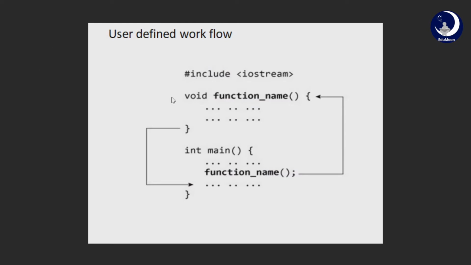User-defined workflow. So now basically here, this void defines that the return type is of void type, and then we have the function name, followed by a pair of parentheses, and then an opening curly brace and a closing curly brace. So the starting point of the program execution is the main function. We'll be writing all the statements required. And whenever we want to run these particular statements or lines of code, what we'll be doing is directly calling the function name, followed by brackets, and then a semicolon. So at this time, the statements which are inside this function will be executed.